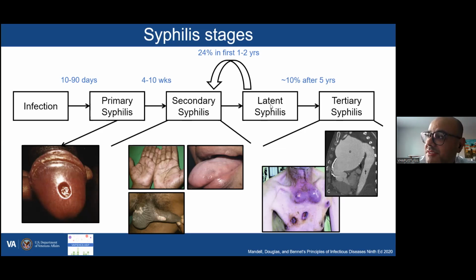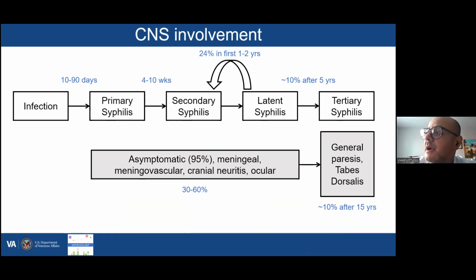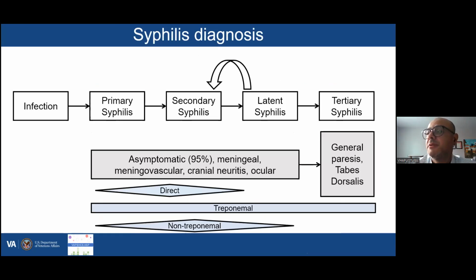After that, most patients go into latent syphilis, which is asymptomatic with positive serologies. And if you let things go on for too long without treatment, you can get tertiary syphilis. The main presentations are aortitis and gumma, which are little syphilitic nodules in your body. Quick reminder that CNS involvement can occur at any stage of syphilis. And kind of the crux of the question here is